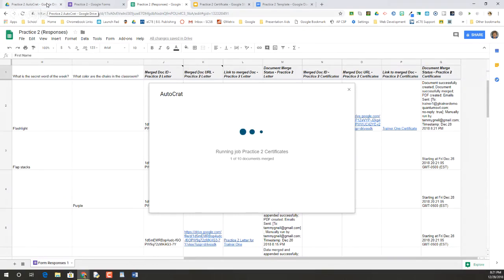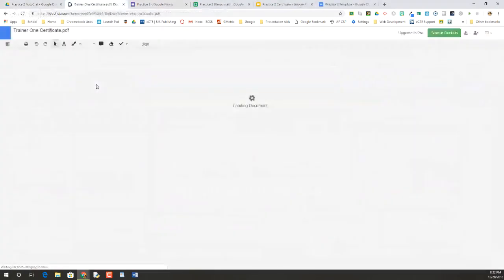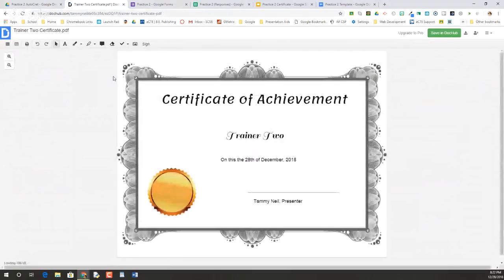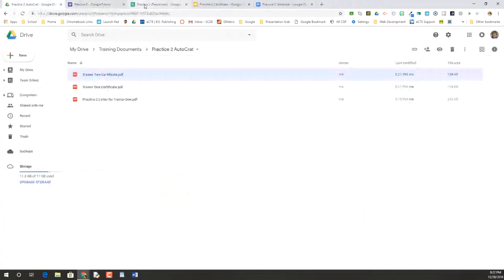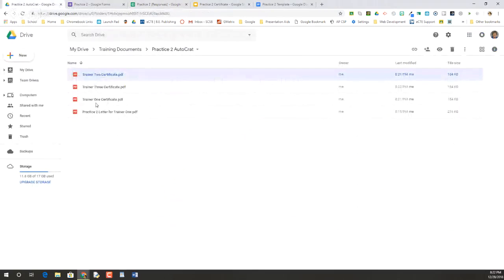And so we can come over here, and Trainer 1 certificate, Trainer 2 certificate, these are starting to populate into our folder, so we can look at those once they've populated our folder. And there's our certificate. So you don't have to be here on this sheet now once the job is running. This will continue to work in the background, and you will continue to see these populate here as it goes